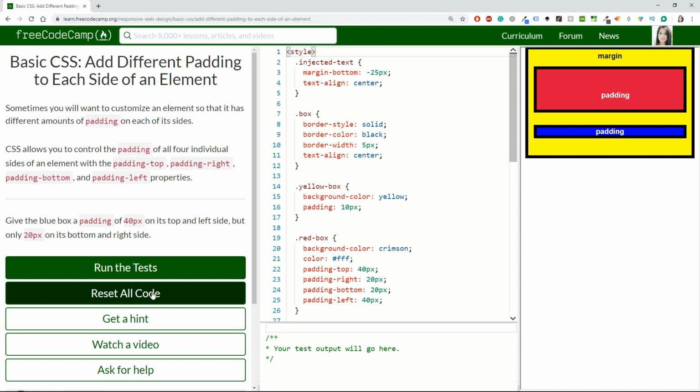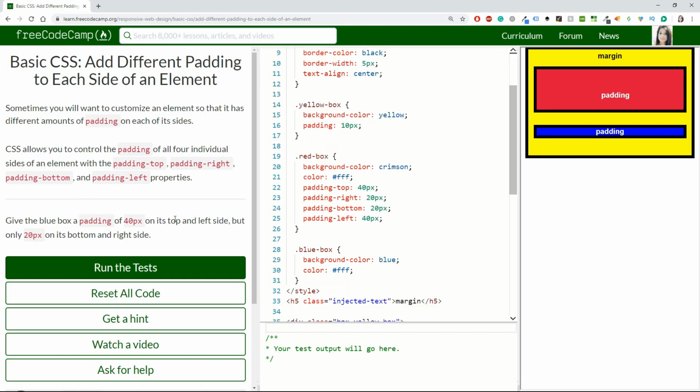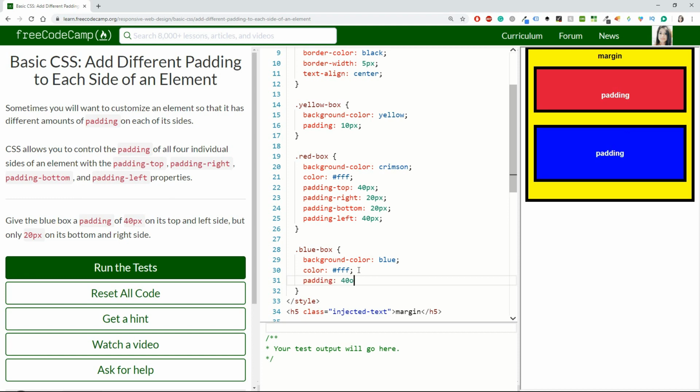So we have the padding and we have the margin, but we can divide that into padding top, left, bottom, and right. For this challenge, we have to give the blue box a padding of 40 pixels on its top and left side, but only 20 pixels on the bottom and right side. Okay, so I will have the padding here, and I will do it like 40 pixels, 20 pixels